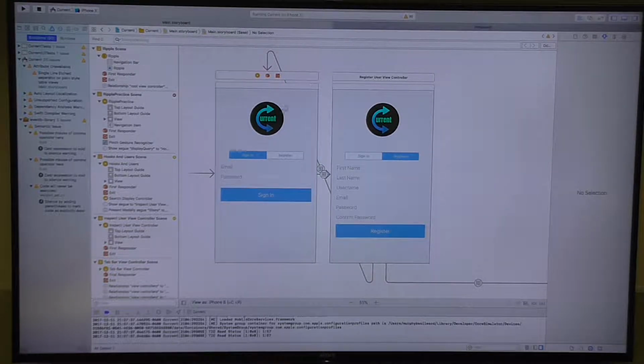Here you can see in the sign-in portion, you log in with your email and password. There is error checking to see if the fields are empty, or of course if you enter your email or password wrong, you will be prompted that it is incorrect. Registration over here has quite a few more fields, including first name, last name, and username, which are used elsewhere throughout the app.